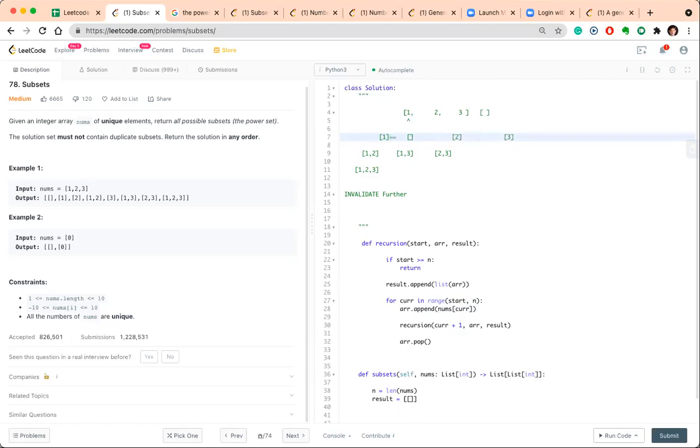That is just an append and pop operation that we have to do. Since we appended earlier, we pop it, so that at the same place I can append a different element.